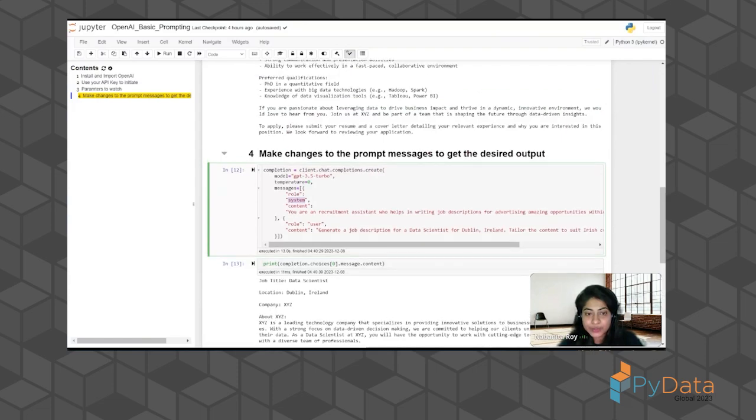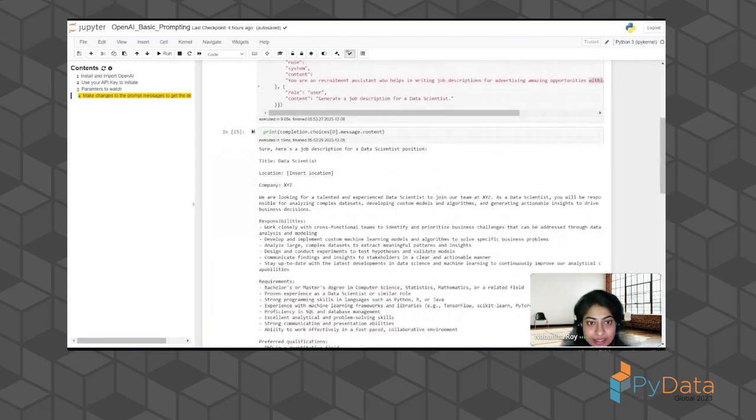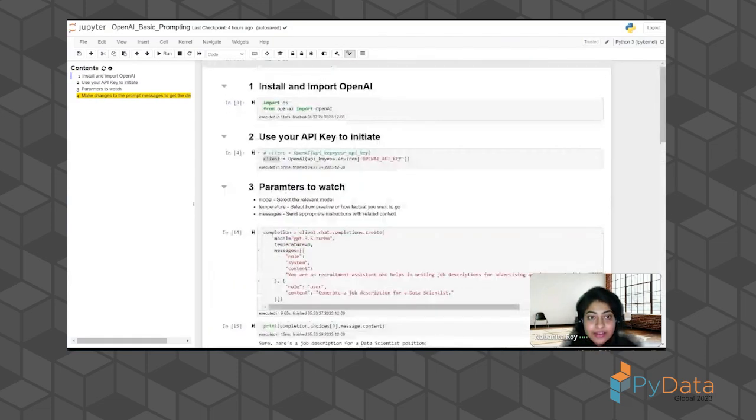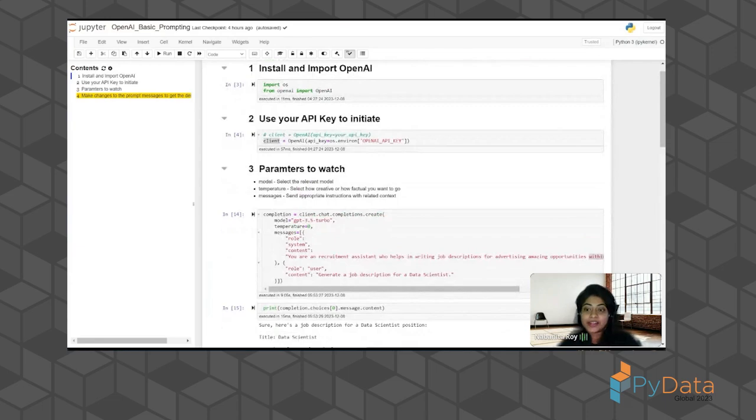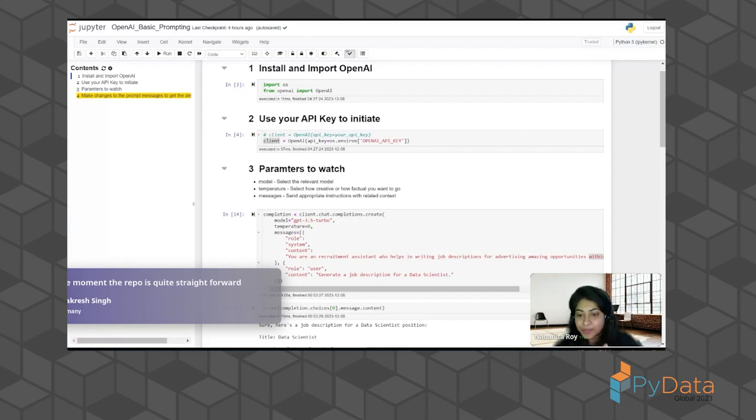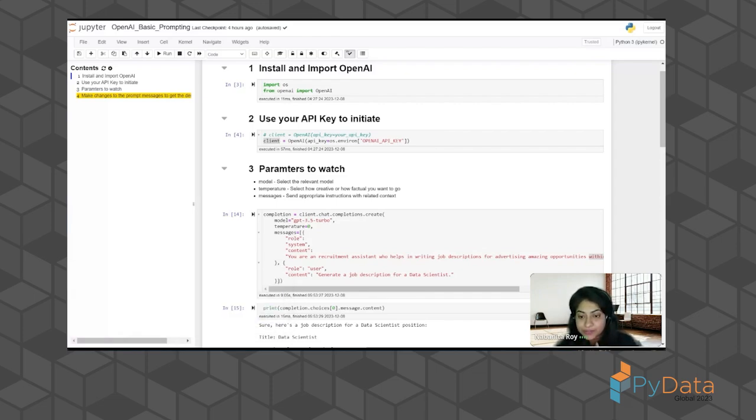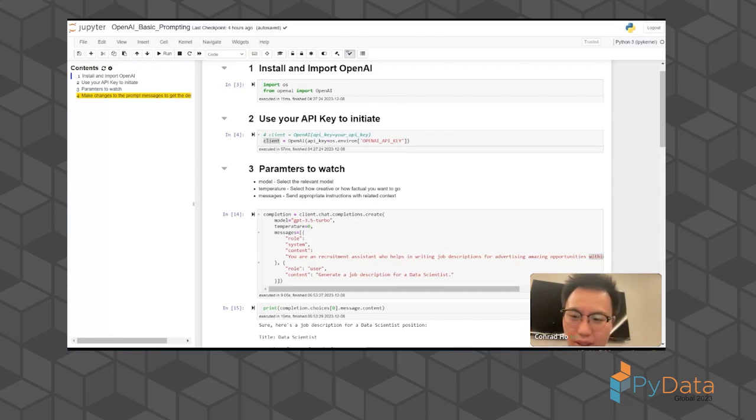What you can do is, can you tell me where you are at? Yeah, the repo is quite straightforward. I think it's just getting everything installed and set up. Hopefully all caught up now on setting up their API. Okay, great.